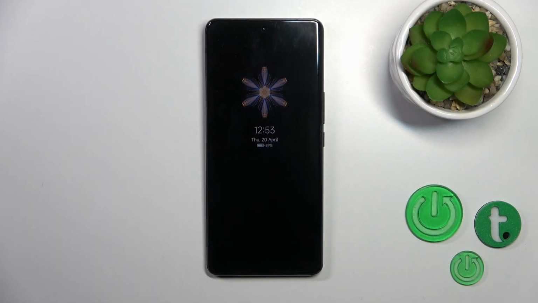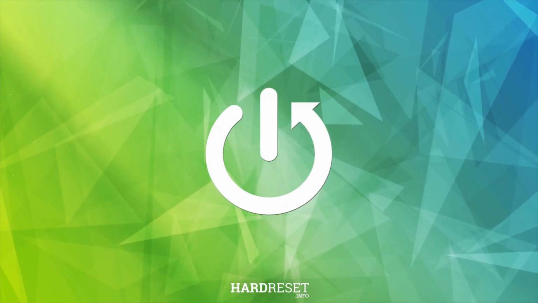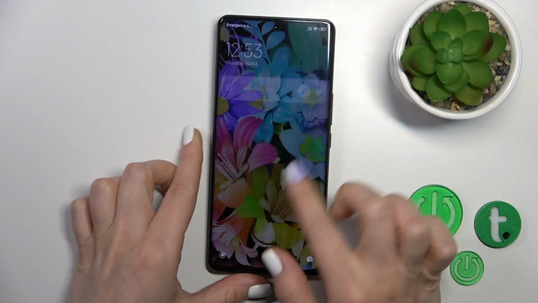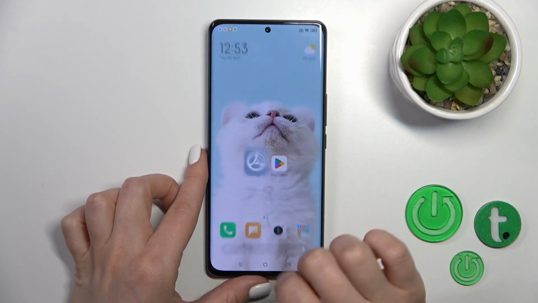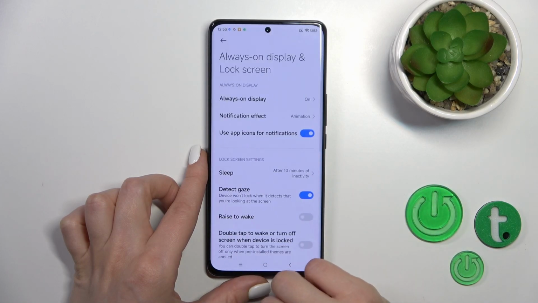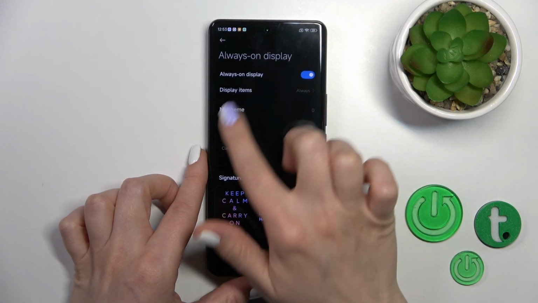Hi, today for the XIAOMI 12S Ultra, I'll show you how to customize the always on display option on this device. First, let's open the settings, then tap always on display and lock screen, click always on display, and just